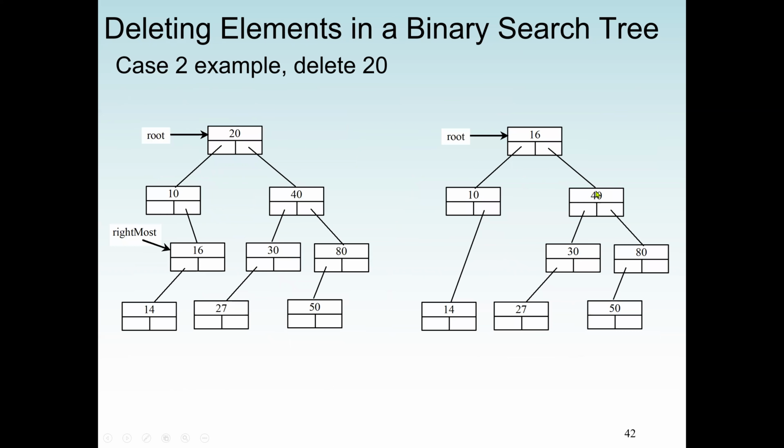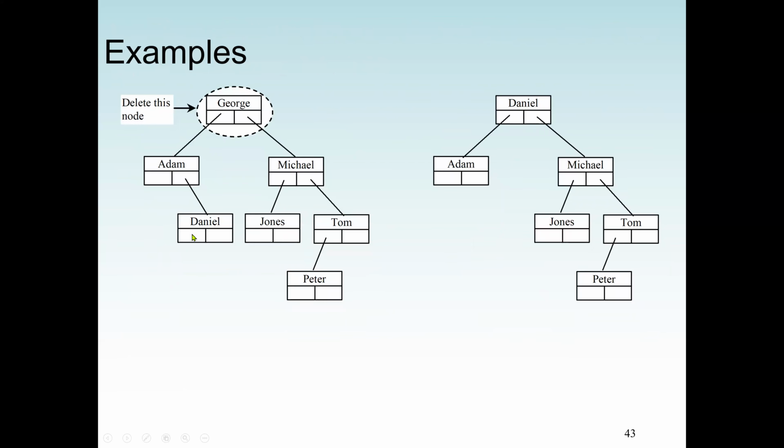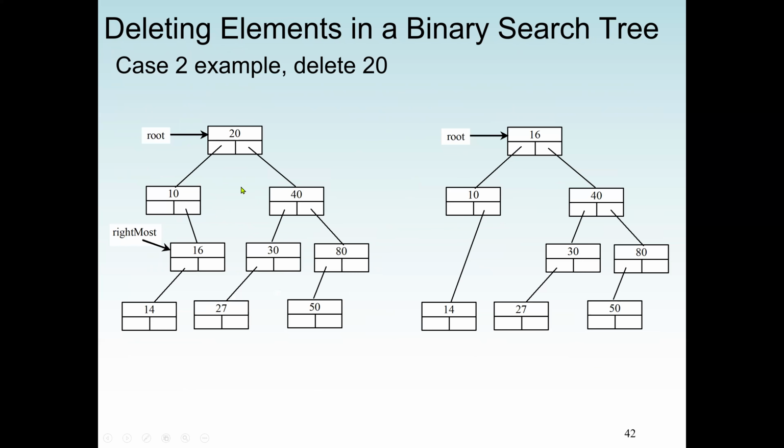So we can see, at long last, we want to take the rightmost, 16. If we take 16, then 14 cannot be a left child, because if 14 is a left child, remember 14 should be less than 10. But 14 can be the right child. And also you can see that when we have the rightmost at 16, in this example here, we are going to delete 20. So if we are deleting 20, 20 has two children. So the rule says we should take the rightmost on the left side